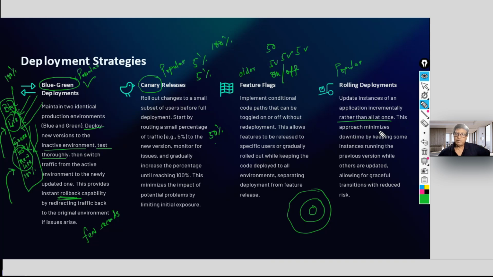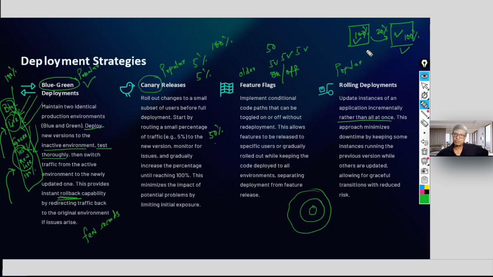This also minimizes the downtime by keeping some instances running. So there are two running instances. Here it is 100% running. And on another server, you have picked up, say, 20% of the processes, put it over there, and it is running. Then the next 10%. So incremental. Then at one point of time, you will see that this is running 100%, as well as the other server is also running now 100%.